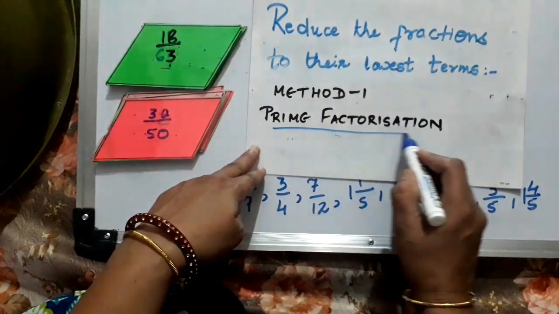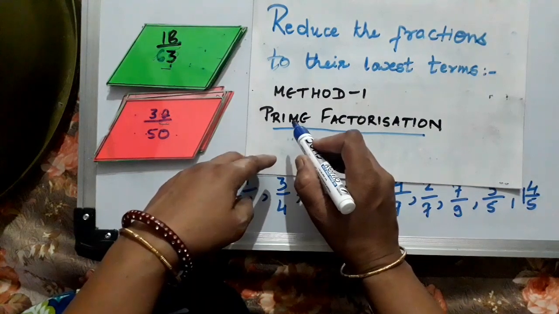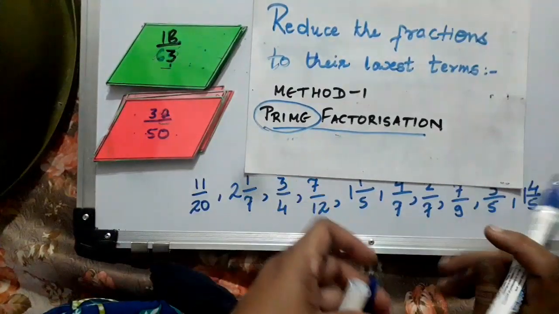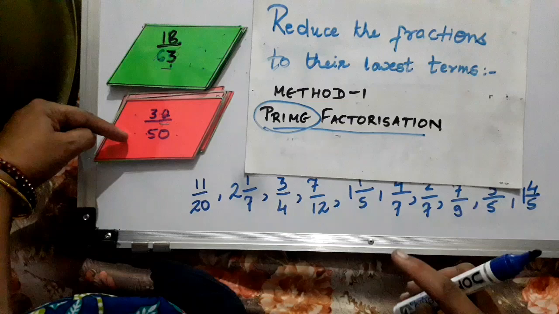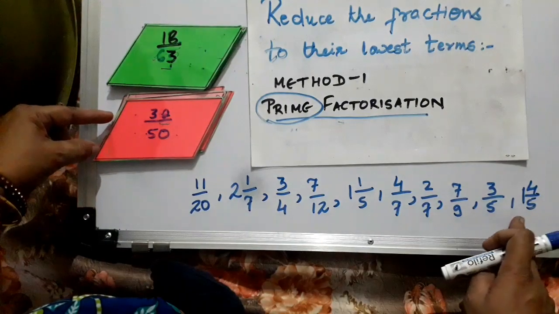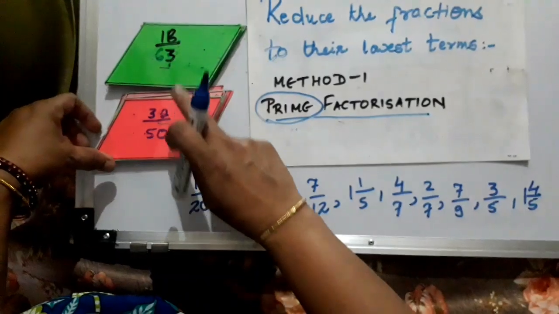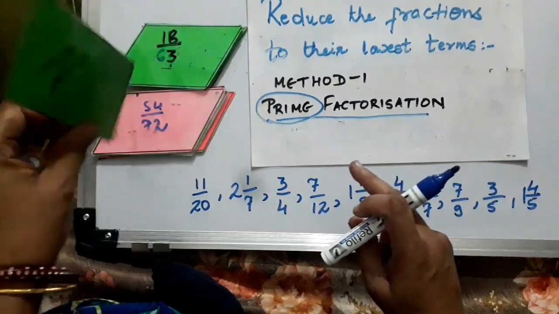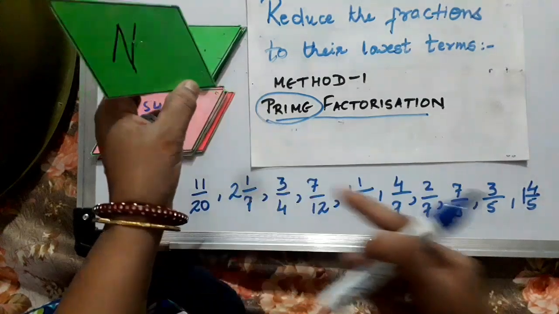Remember, when I say prime factorization method, that means we are going to factorize the numbers where only prime numbers are used. No composite numbers we are going to use. Now here the task cards are given and the answers are also written here, which you need to match by solving each of the questions and by matching the letter associated with that particular task card at the back side.